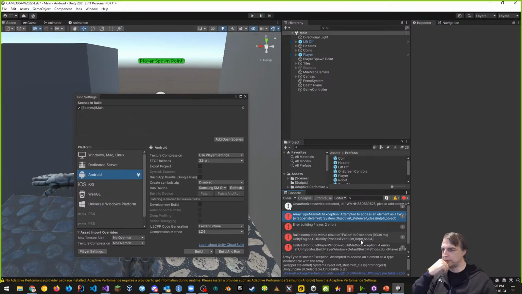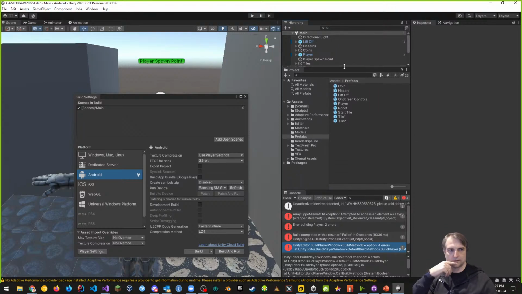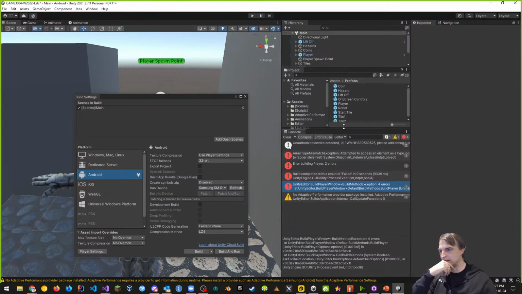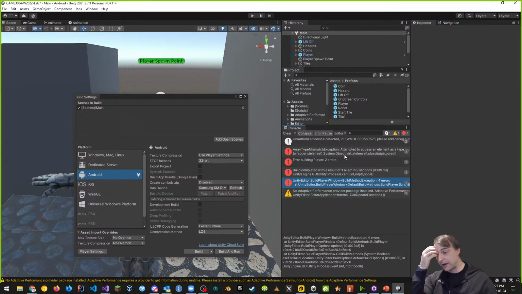GUI utility process event, and it says editor build player window build method execution, 4 errors. Just going to take a look at these errors. I'm glad that yours worked. That means that it's just me. I'd rather have it be me than you. Int pointer and boolean. Okay, what I'm going to do, and this works a lot, believe it or not, is